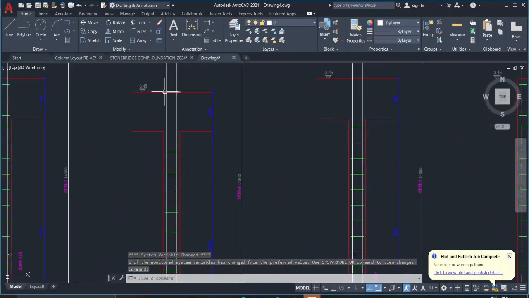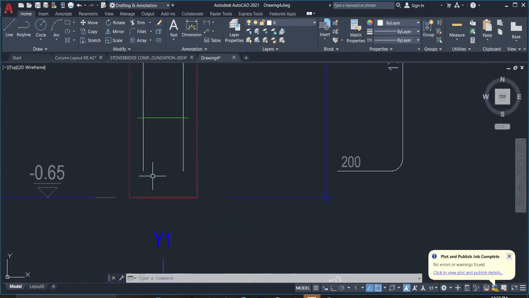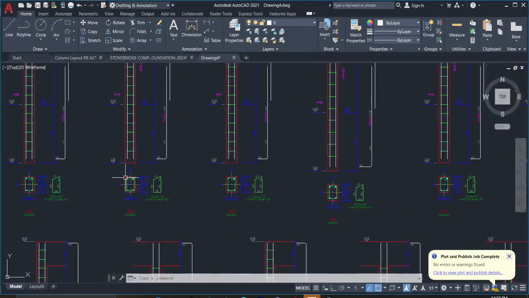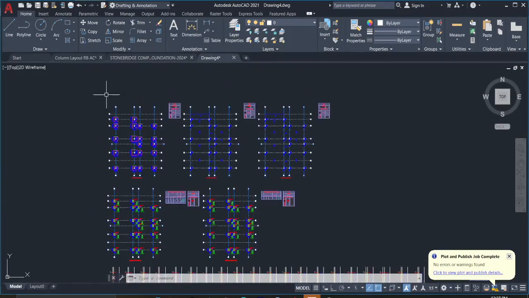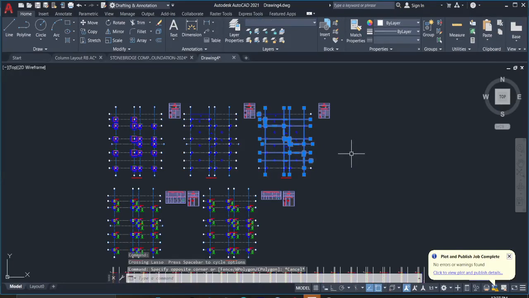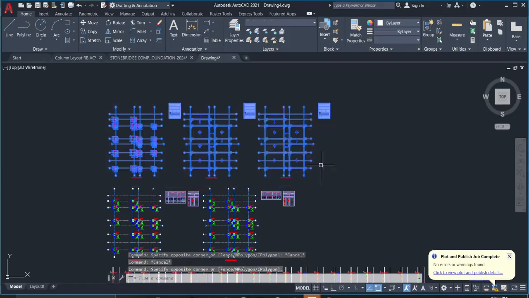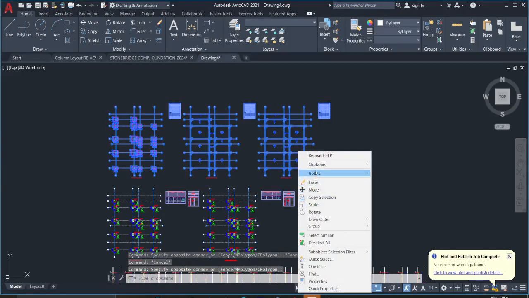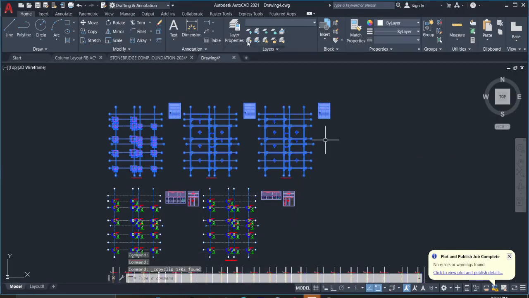So normally, if you see this drawing here, there will be a difference once you copy them and insert them into the template that I'm going to show you. This is a very good template. You can copy this, right click, copy, and then you come to this template that you can get from the Stonebridge